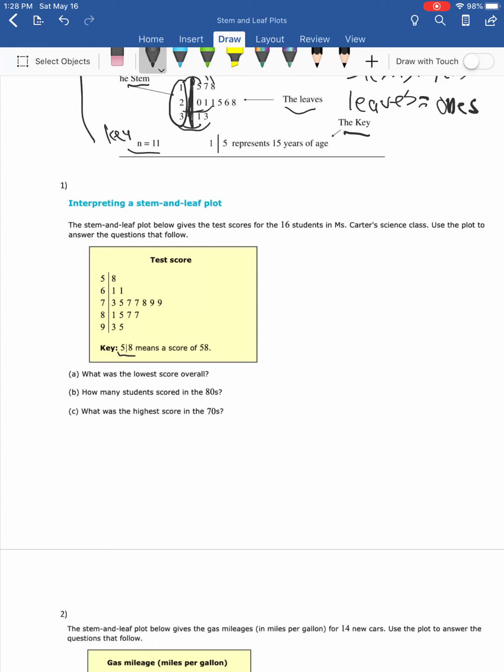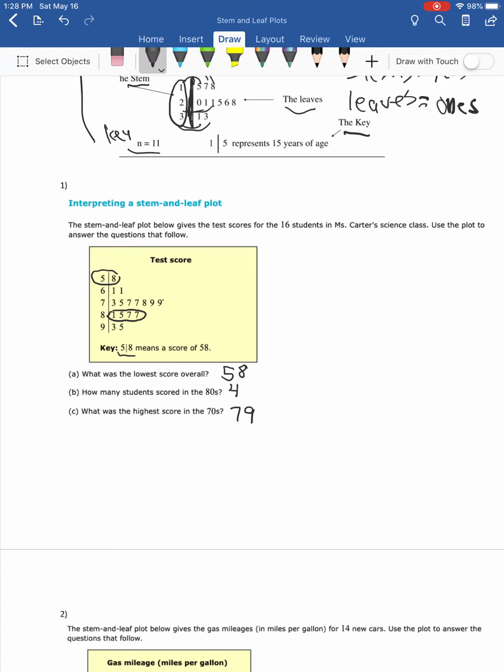Okay, lowest score overall, that's going to be 5, 8, which represents a score of 58. How many students scored in the 80s? The 80s have the stem of 8, so these 4 scored in the 80s, so 81, 85, 87, and another 87. What was the highest score in the 70s? So we're going to go to the stem of 7, and our highest score in the 70s are the 2 9s, so those are